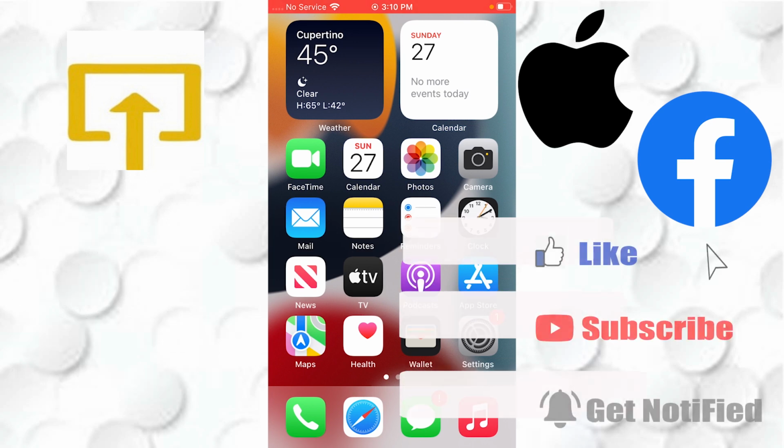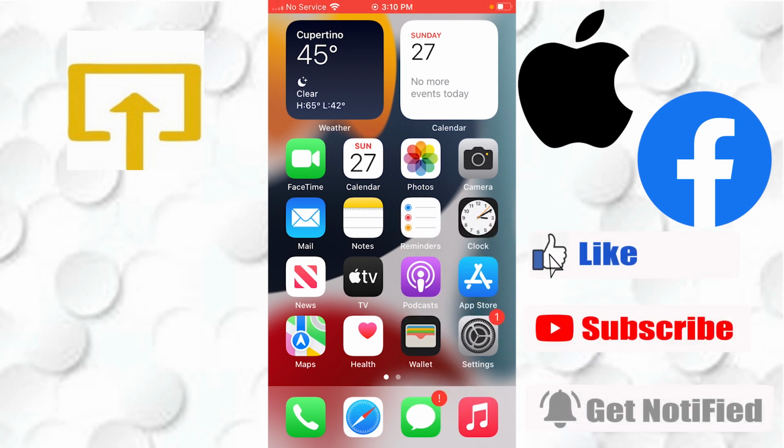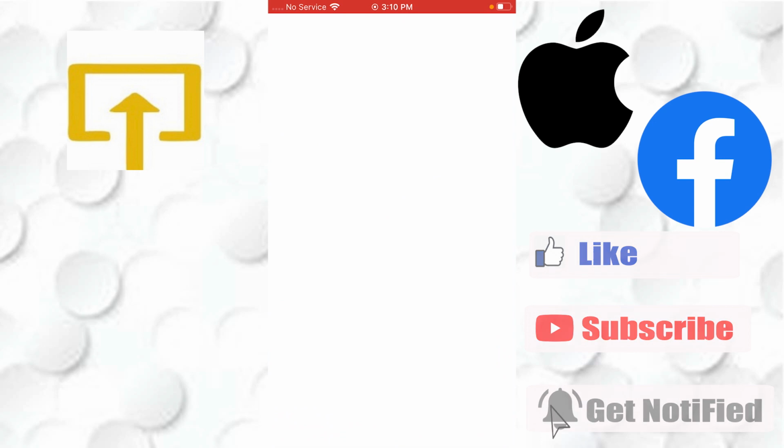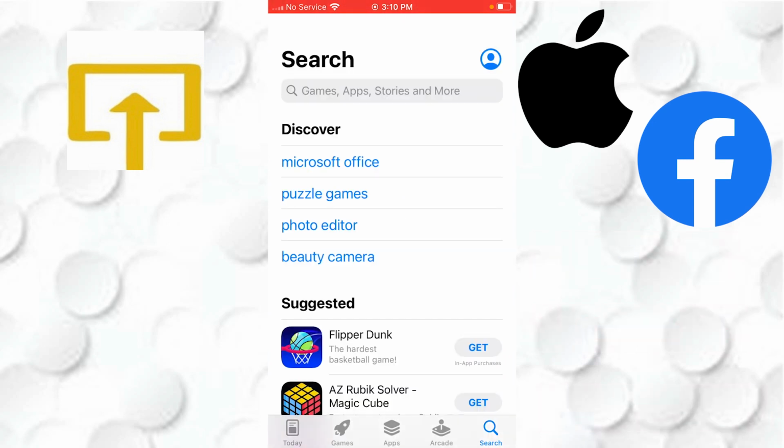To update your Facebook app on your iPhone, first you'll be required to open the App Store like this on your iPhone. And after opening your App Store, you can see the search button available at the bottom right corner of your screen. Tap on that search button,